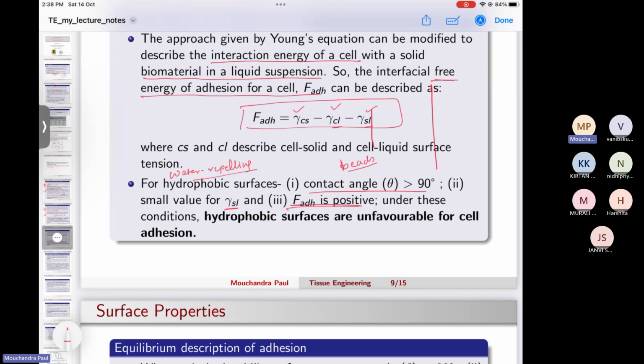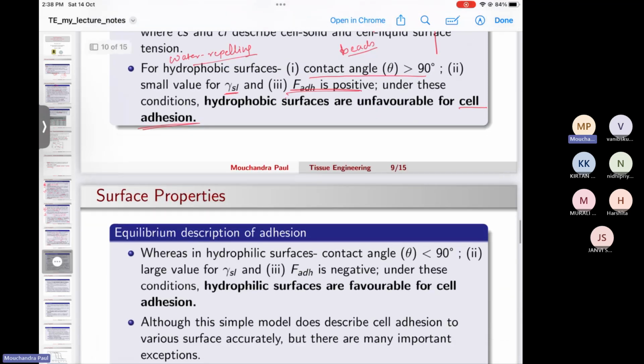So when these three conditions are there, it makes the hydrophobic surfaces highly unfavorable for cell adhesion, meaning cells do not adhere properly on highly hydrophobic surfaces. So that is one point to note. If a biomaterial has groups on the surface that make it highly hydrophobic,